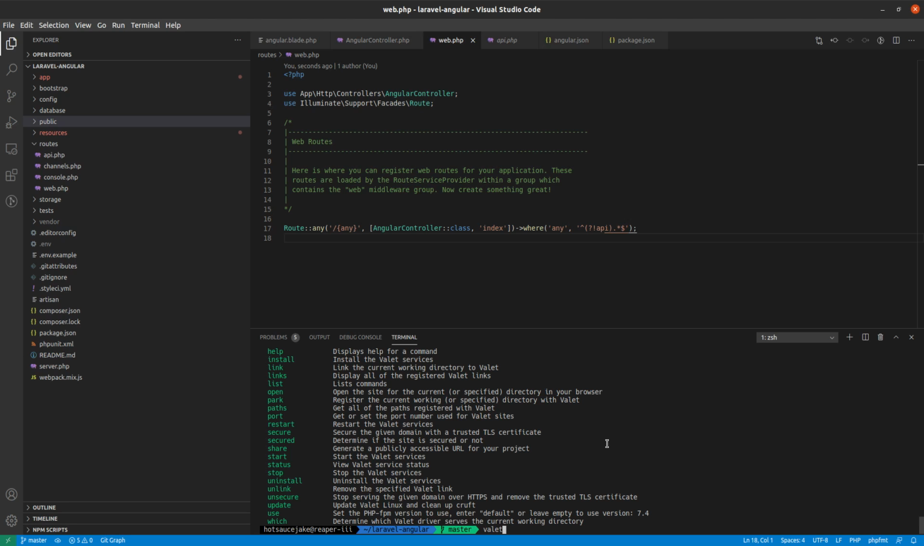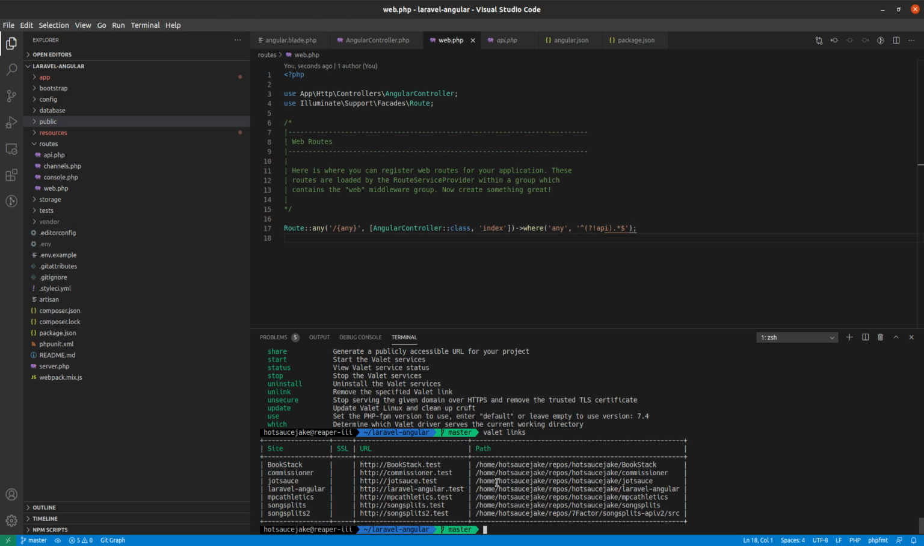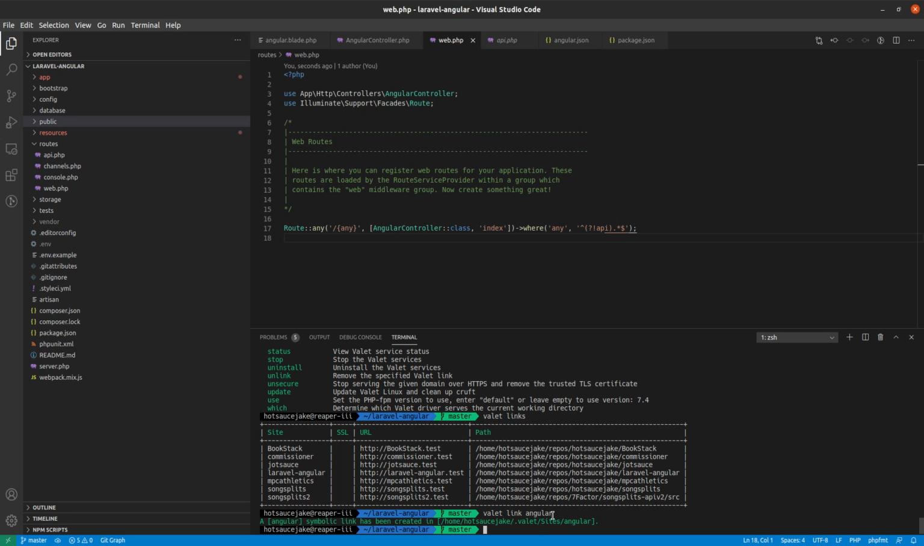So if I do a valet links, it'll show me all the links that I have as working projects on my computer here. I already have a Laravel Angular, and that was from the project that you see on GitHub. So I'll just call this one something different. You can do valet link within the project folder, and then it'll serve it under whatever that folder is called. However, since I already have one, I'm just going to use Angular for this. So what that means is if I go to angular.test in my browser,